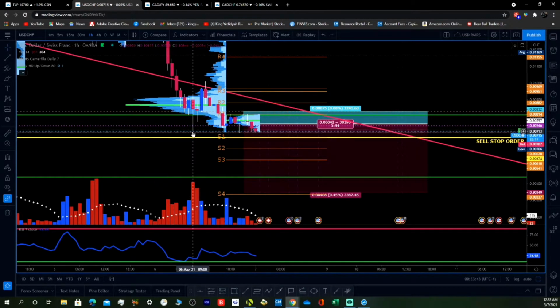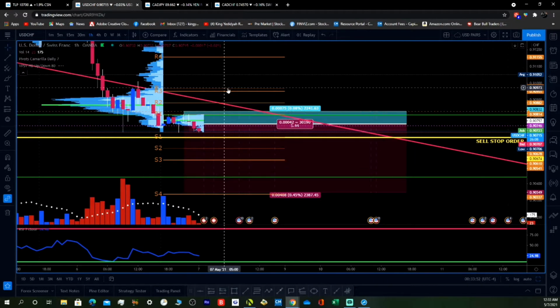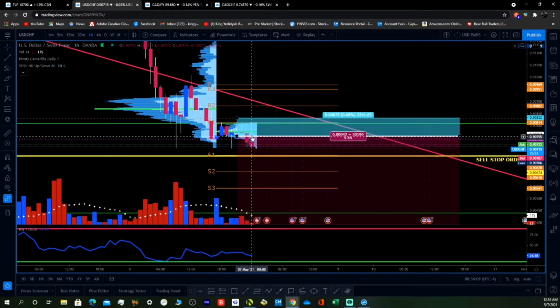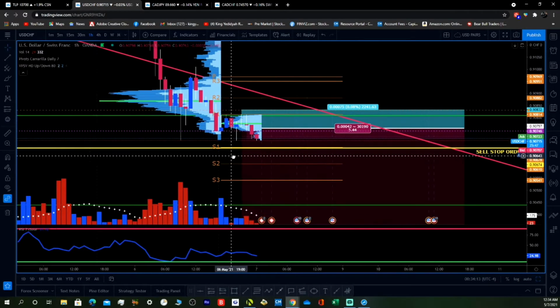But yeah, so right now I took this was the retest, right, because it broke down here on this candle. I hope you can see that. Make that bigger. So we broke down here on this candle and then we retest. We came back up to here. That was my entry right there. And then now we're just pushing down, and then I set this sell stop order here for when we cascade down, break S1. I'm gonna be triggered in my second position.